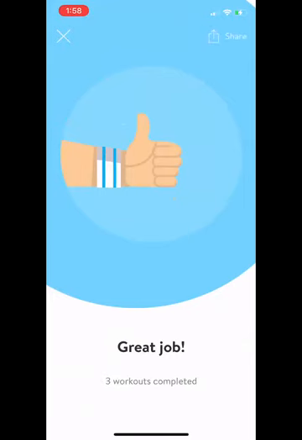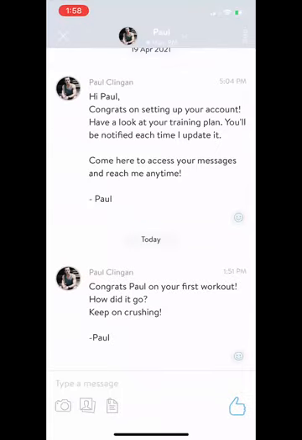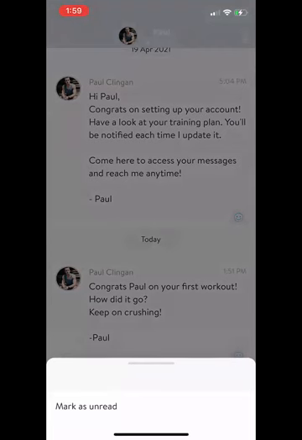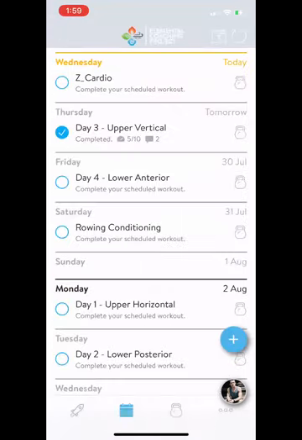That's going to show you how many workouts you've completed. You can share it if you want. And then here, you'll get different communication things. This is where you can upload photos. You can upload form videos. You can drop in any notes that you had on the workout, and we'll get back to you on that. You can switch things to mark as unread if you need a reminder to go back and look at something as well. So moving on,